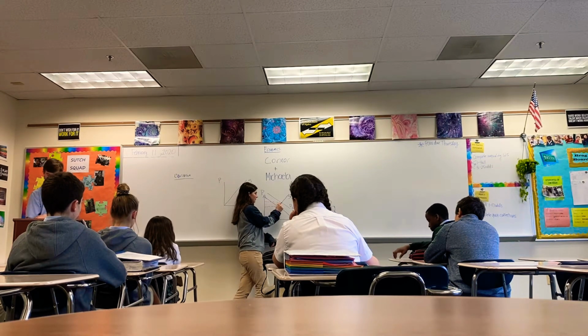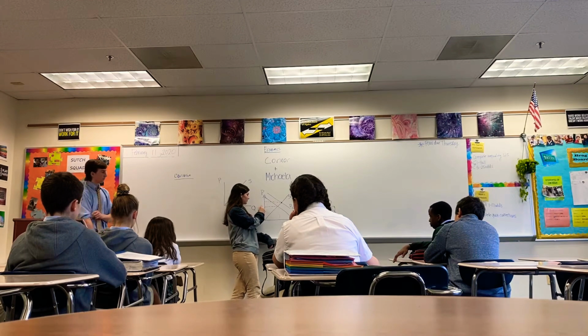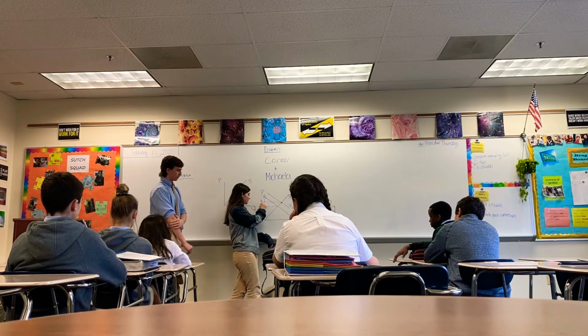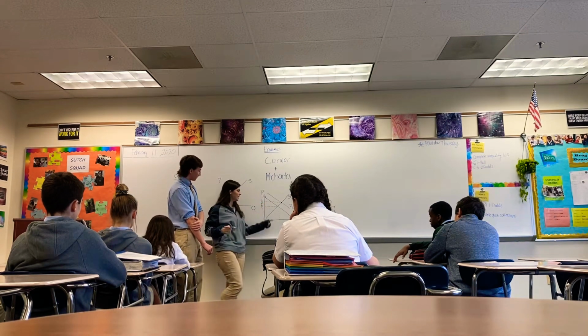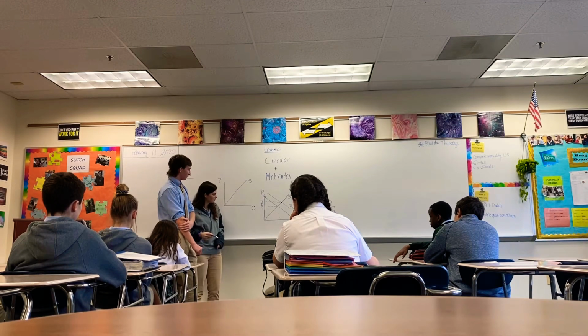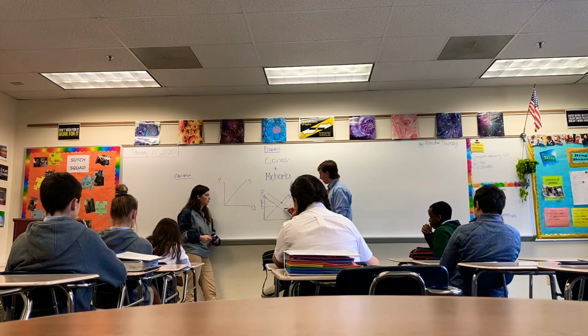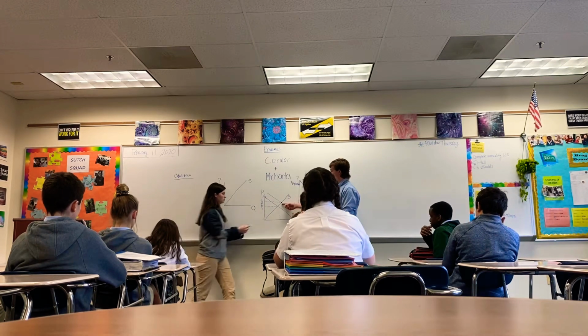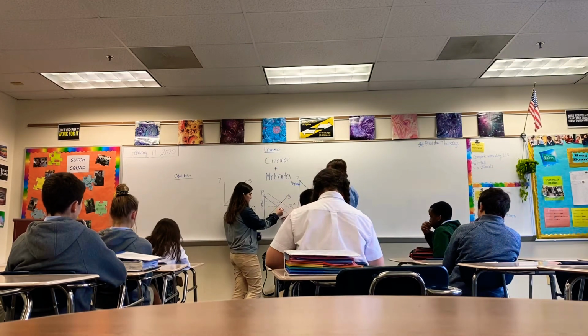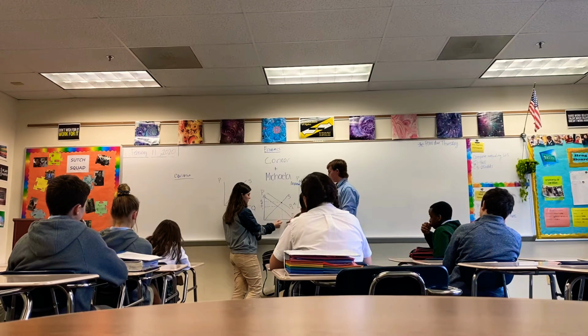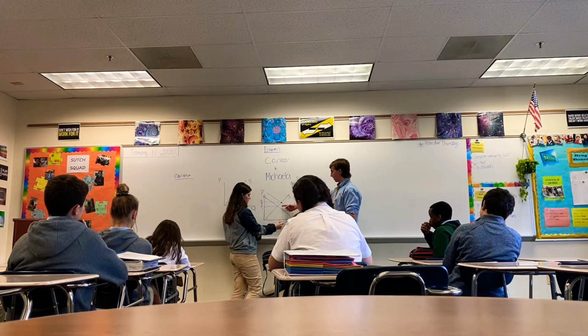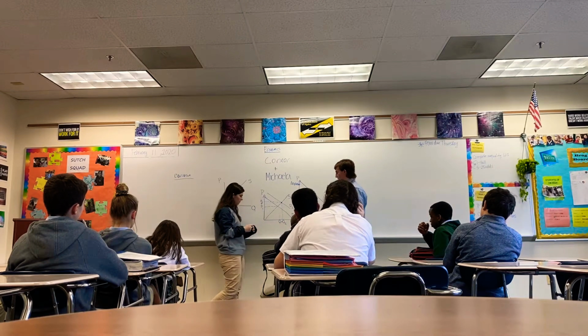The price went up. So this was our first price, this was our second price, and it increased when our demand increased. And then you can also see that when the price went up and the demand curve shifted to the right, the households are more willing to buy even more goods, and then that means that the companies are more willing to supply the goods because it's a higher price for them.